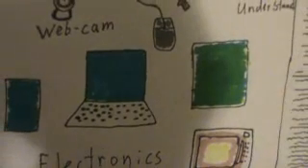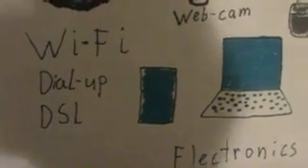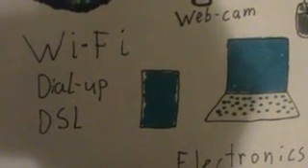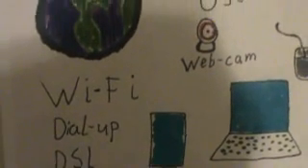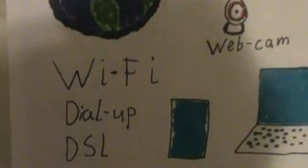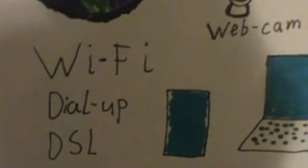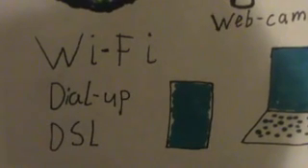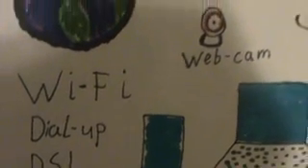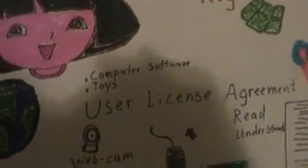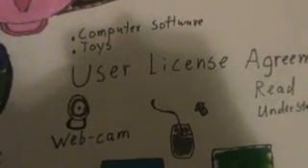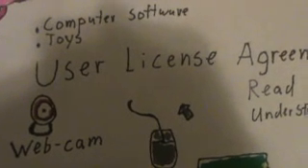You have electronic devices such as a laptop, an iPad reader, an iPhone, an Android, or a smartphone, whatever. And then along right here you have Wi-Fi, for internet connections, so far as Wi-Fi, dial-up, or DSL, or whatever. But the whole point about license rights is that we are talking about the user license agreement.